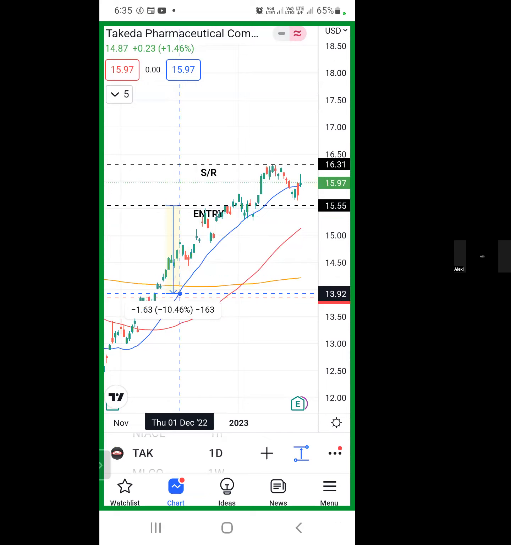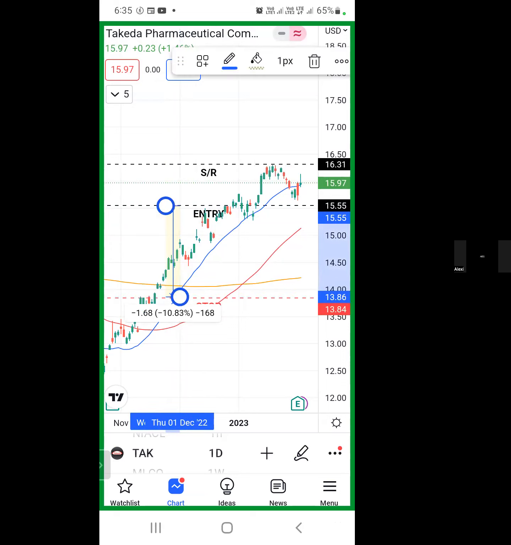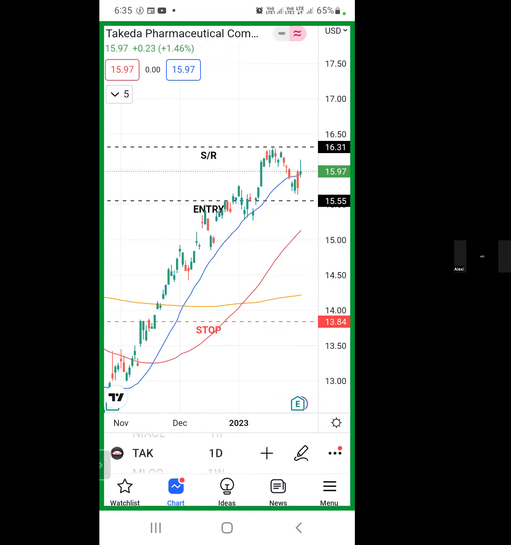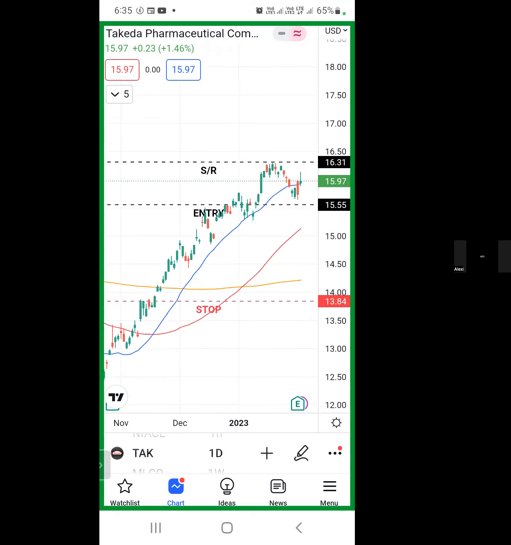Right here, all the way, that would be about 10% loss. Look at that, minus 10. Okay, that would be about 10% loss. Now, why am I willing to take that much of a loss? Well, because I noticed that this is a very strong uptrending stock. You see the 20-period moving average is above the 60-day moving average, and the 60-day moving average, which is red, is above my 200-period moving average, which is the yellow color or the orange, whichever color that is. Okay, so that gives me an indication that it is an